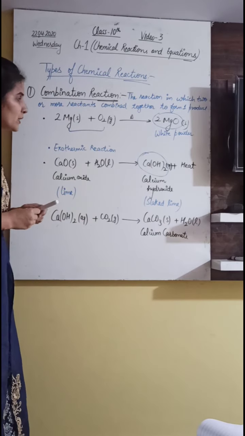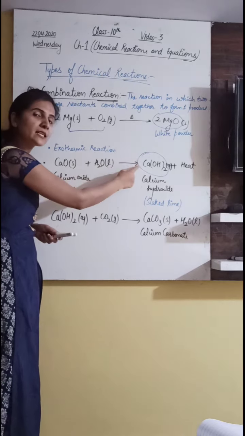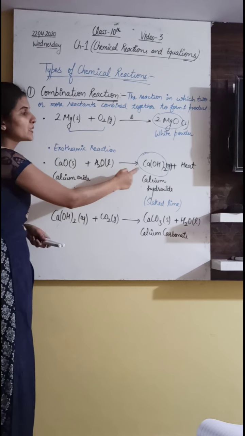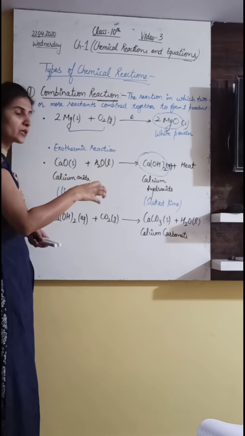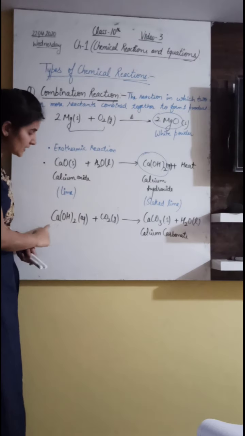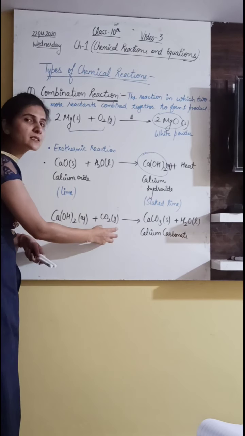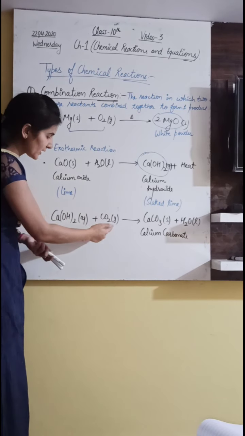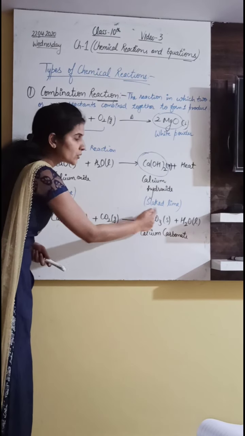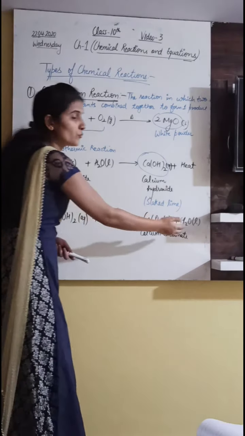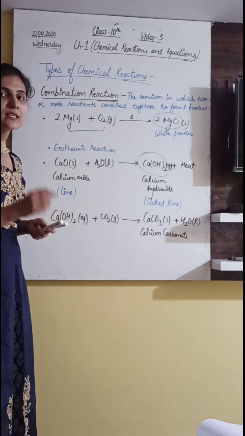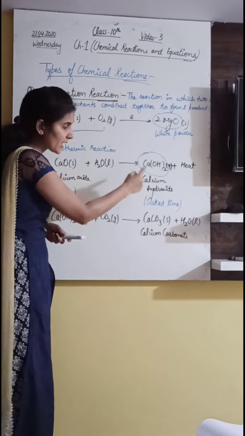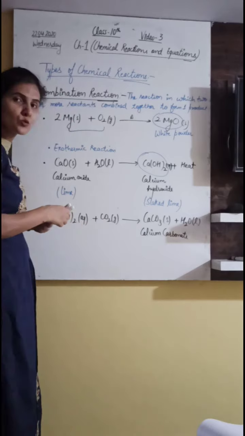What is happening? Actually, when we continuously add water to this calcium hydroxide, then this calcium hydroxide captures the CO2 which is present around it. The CO2 is present in the atmosphere. So yes, CO2 gets entrapped in this. So it will convert into calcium carbonate and water. Calcium carbonate generally gives the shiny appearance to our walls. This is used in whitewashing and it gives the shiny appearance to our walls.